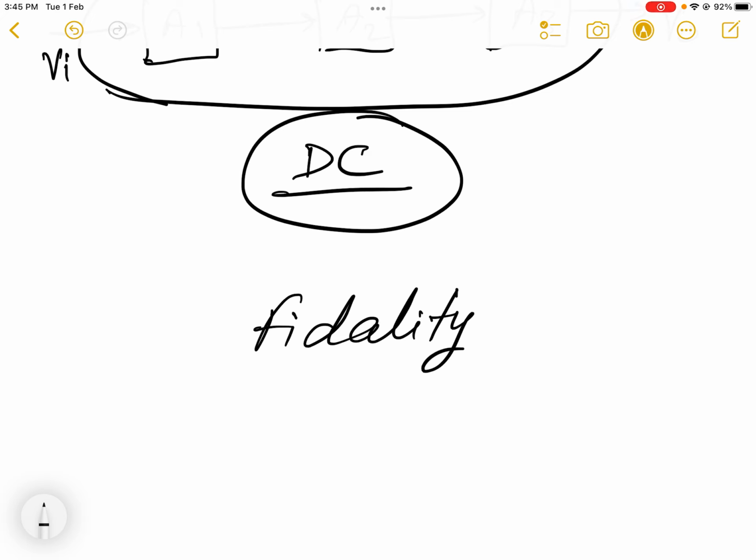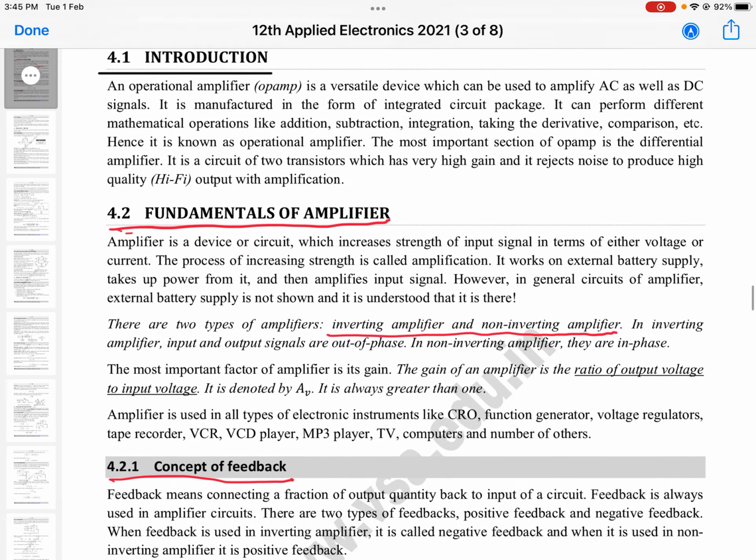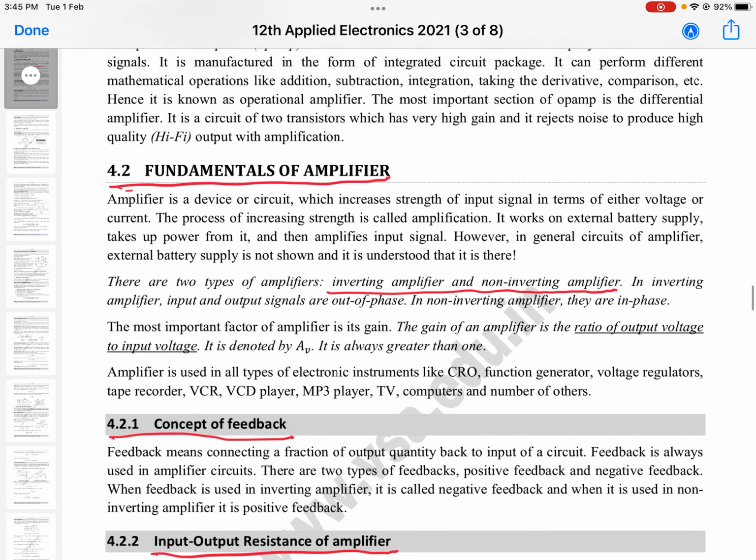It will be strong, but the quality at the input will be the same at the output. Only the output signal will be strong enough, meaning it will be loud enough. So these are the important points which we wanted to discuss in the introduction part of our